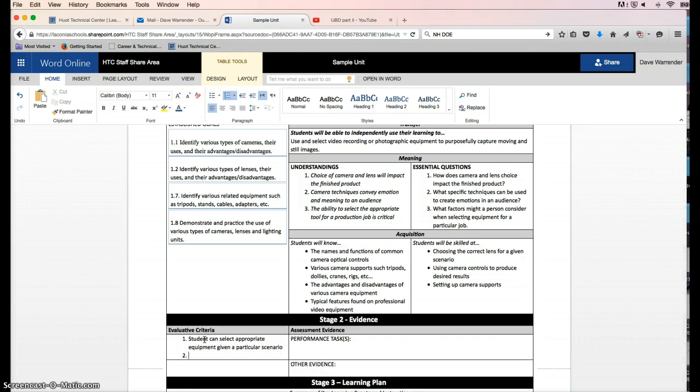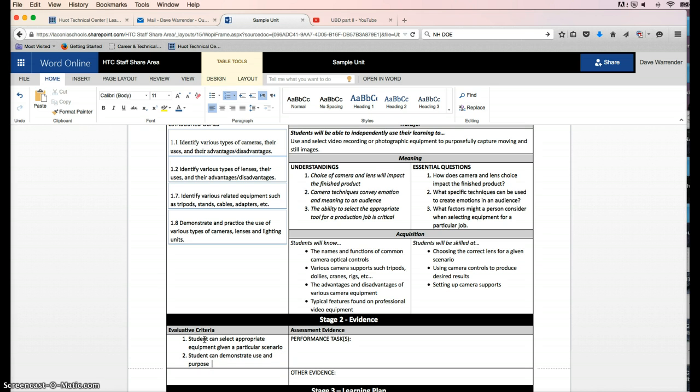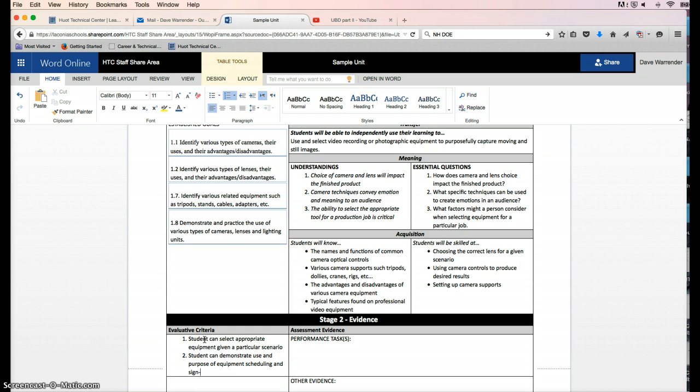A second evaluative criterion I might have is that the student can demonstrate use and purpose of equipment, scheduling and sign out. That is a huge thing in industry. It's a huge thing when you're in college to be able to actually plan for what you're going to use and be able to sign it out.